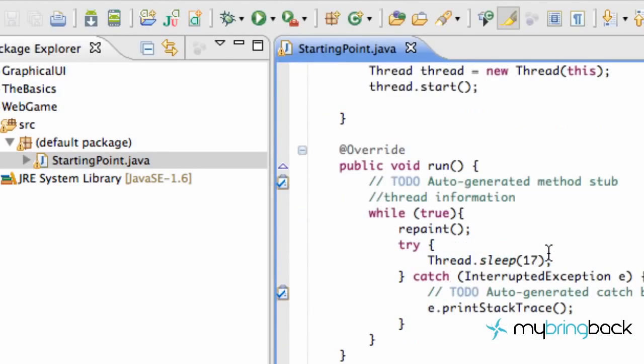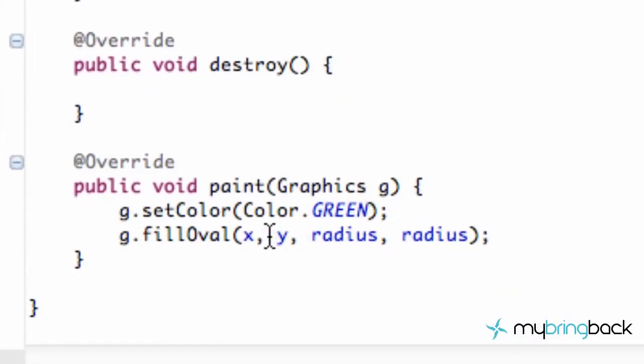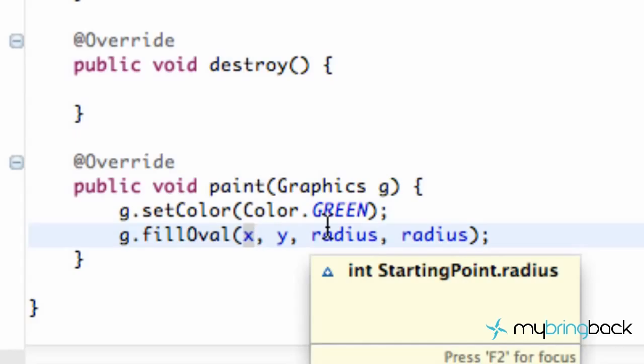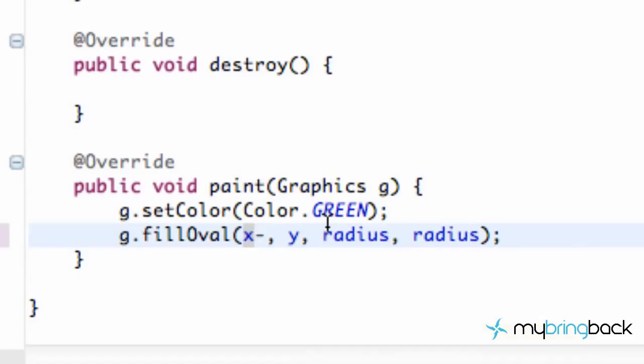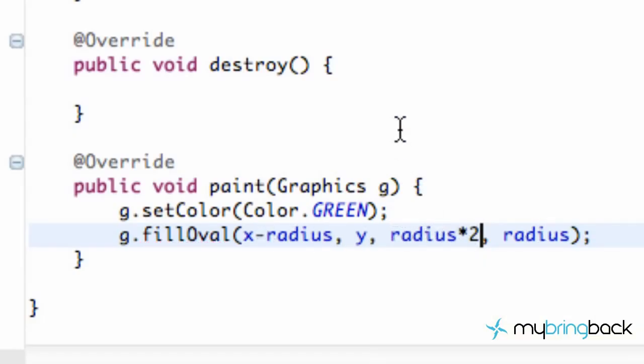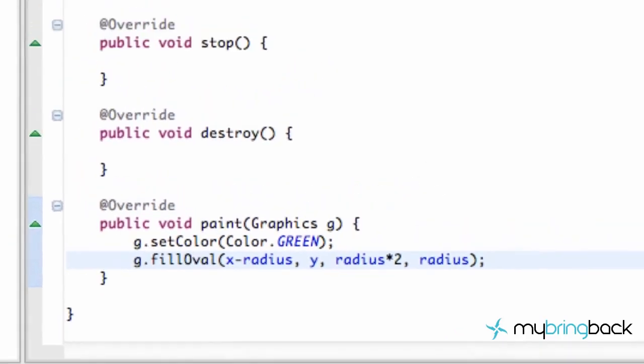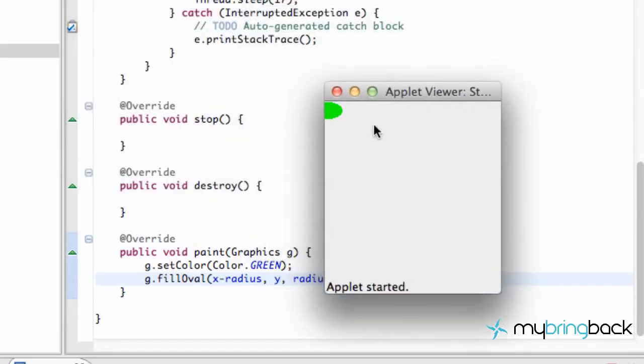So let's go down, and I'll just again try and explain what I'm doing here. For x position, we're going to have the beginning of our circle be x minus the radius, and then we want the width to be the radius times 2, so it's actually our diameter. So now our term radius will actually be what it should be, a radius, not the whole diameter like I just had displayed there. So when we run this, our x now is centered,